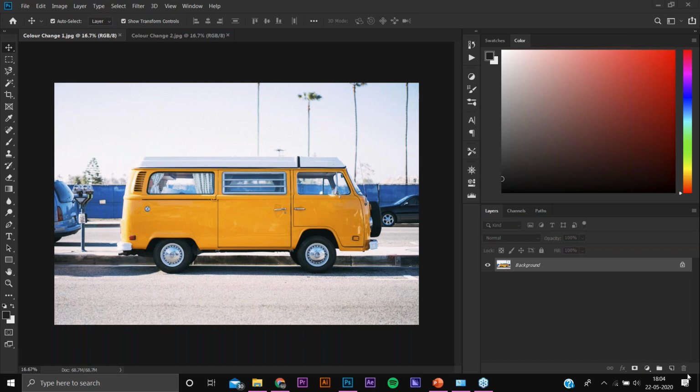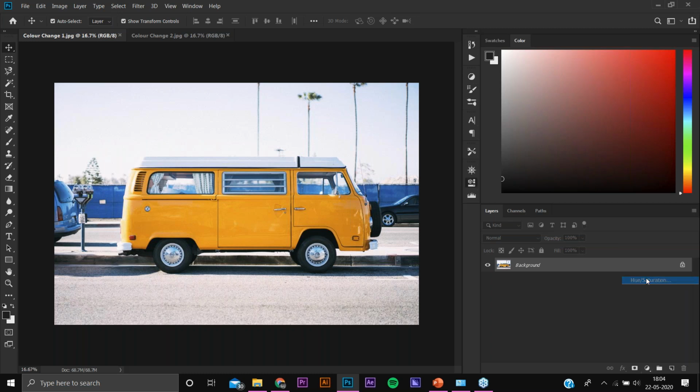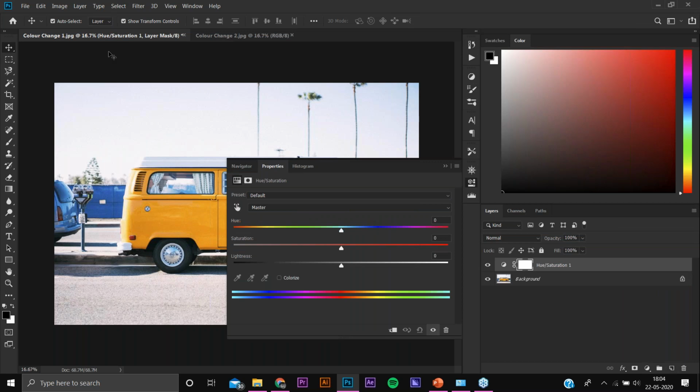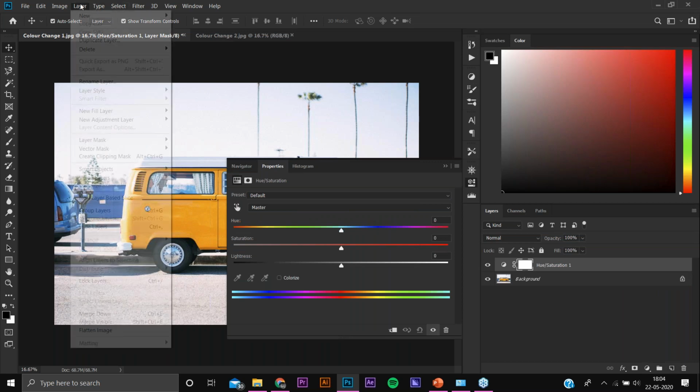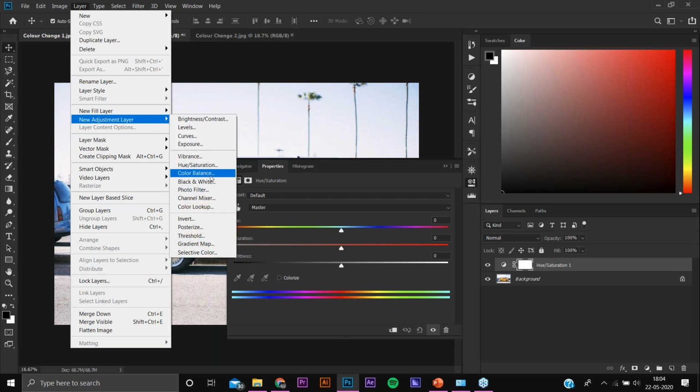If you go to the bottom of the layers panel where we create a new layer, a circular logo type thing would be visible, so we will go and click on it. और वहां हमें दिखेगा कि एक Hue Saturation करके होगा, हमें वो सिलेक्ट करना है. अगर वो वहां नहीं दिख पा रहा है तो हम जाएंगे Image में, New Adjustment Layer, and here also we get it. It's one and the same.